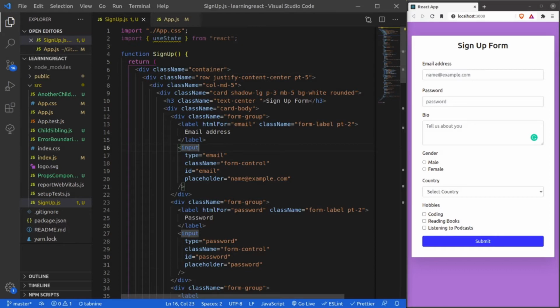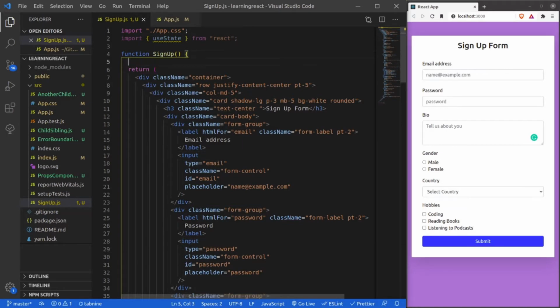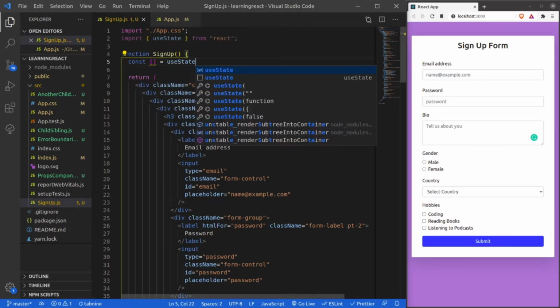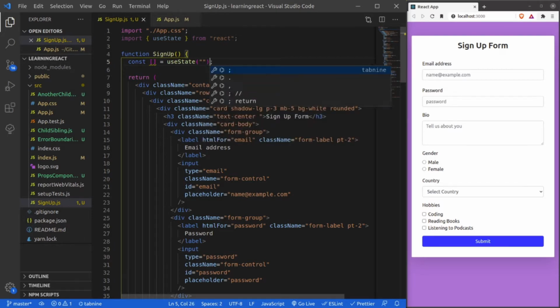As you can see, right now I have just provided input type email, ID, and class name. But in order to use the form as a controlled component, we need to create its state. React needs to know its state and we need to have an onChange handler for that state. So let's first create a useState hook: const, and then useState, blank. And we know that this will return two things.